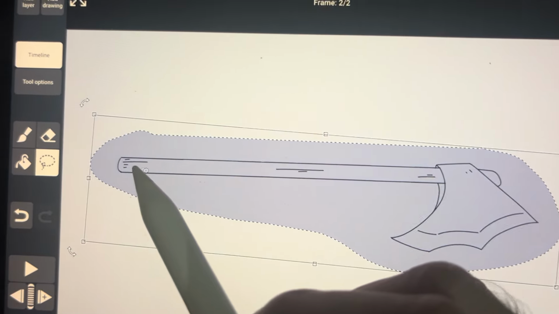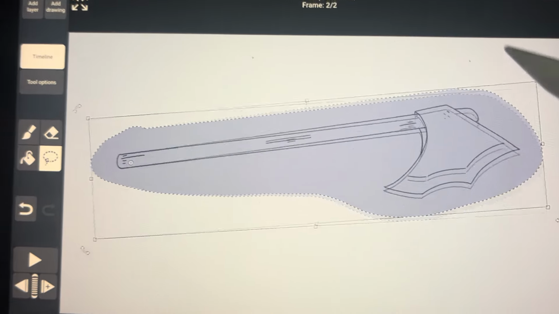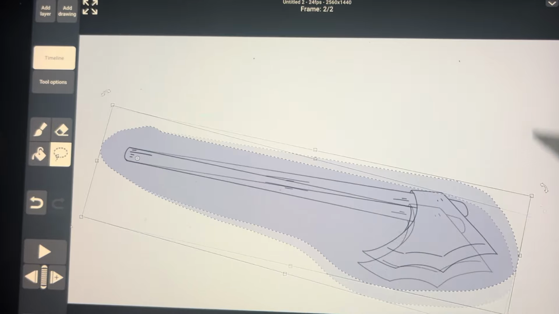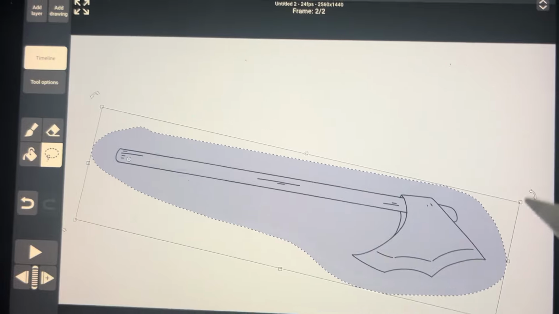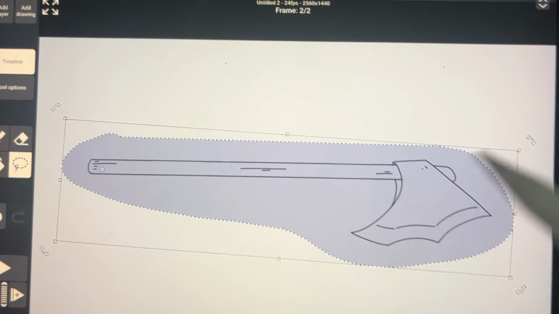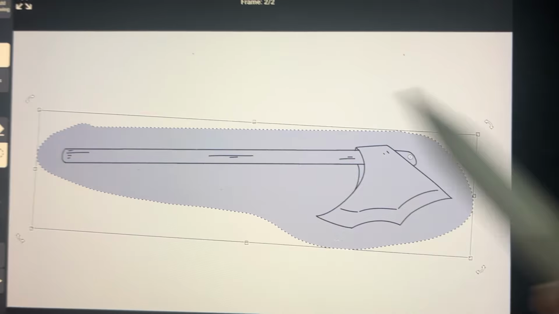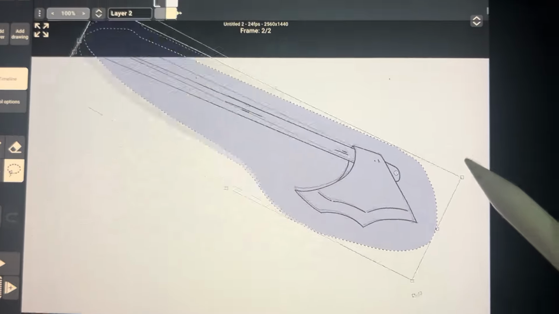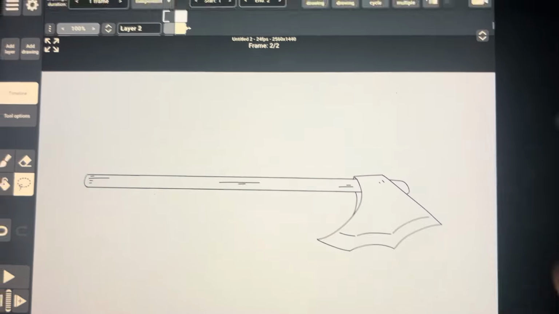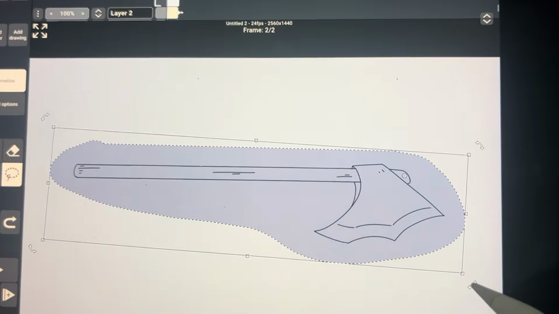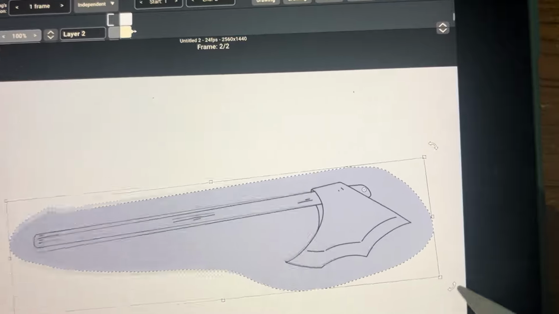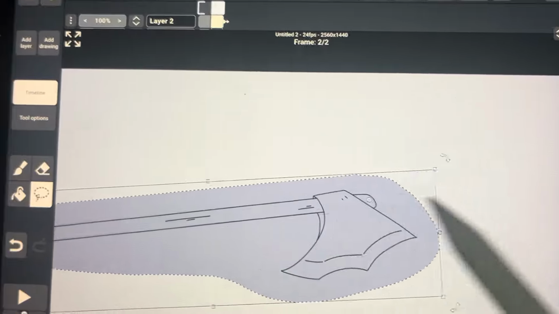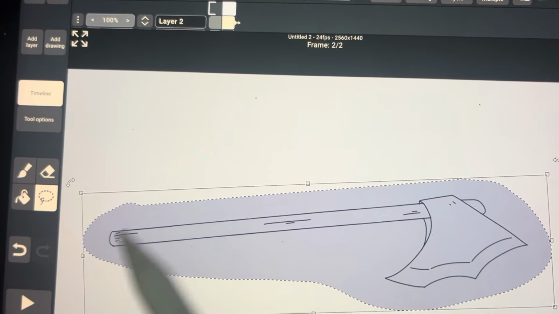But if you move it here, the object will pivot that part. It will rotate based on that pivot, okay? If you move it here, it will rotate whatever rotation you choose. It will always rotate from that pivot. Okay, this is perfect for checking your arcs.